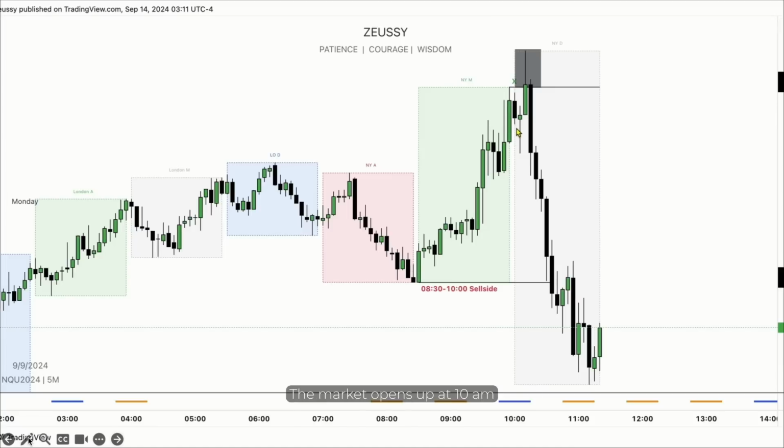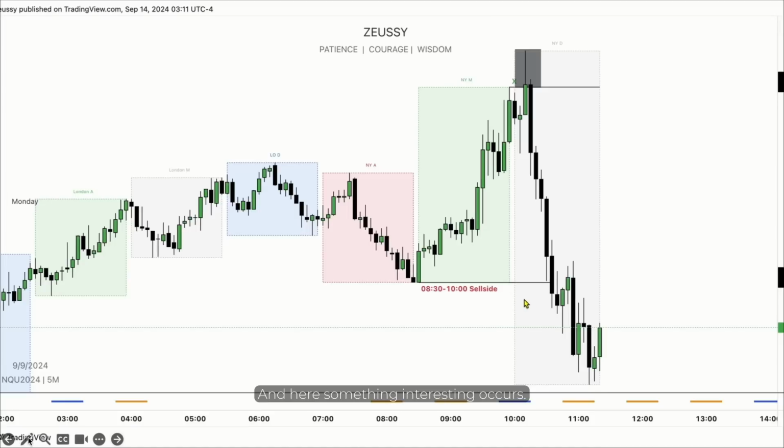The market opens up at 10 a.m. during that third cycle, and what does it do? It initially runs lower, forms a low, and then manipulates above the previous cycle high, above the high of 8:30 to 10 a.m. Smart money sells short up here. I went short here as well on Monday, and we then begin to reprice aggressively towards the downside. What's a key sell-side liquidity objective? A key sell-side liquidity objective is the low of the previous 90-minute cycle from 8:30 to 10 a.m.